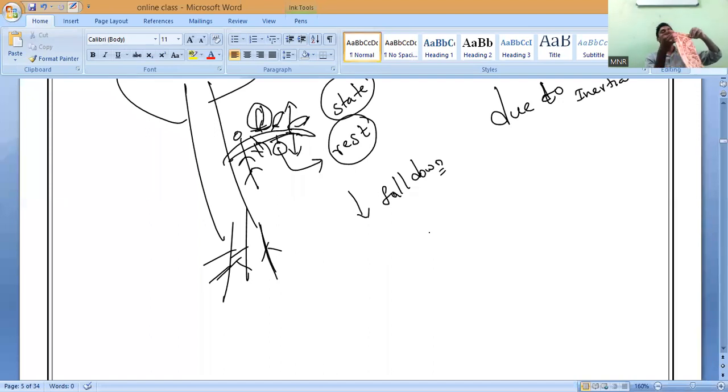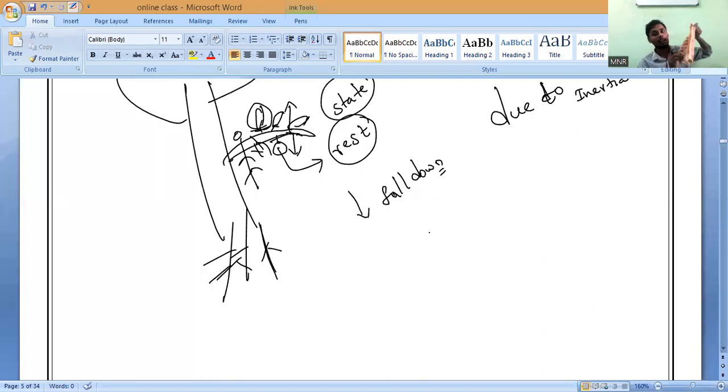What is the state of this one, guys? Rest. Yes or no? Yes, sir. Yes, everybody? Now you can see it is fully filled with the dust particles. Yes or no? What will our mother do? Our bed also you can see. When we are hitting, what is it doing? It is doing which motion? To and fro motion. Yes or no, guys? It is moving to and fro motion.